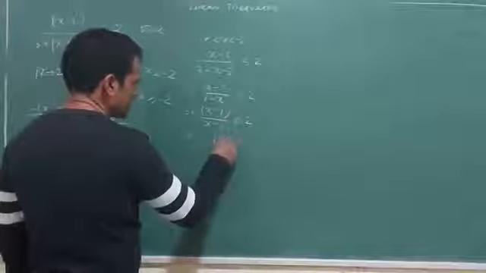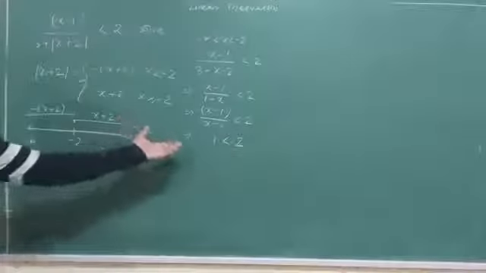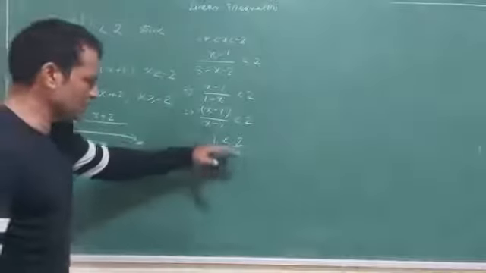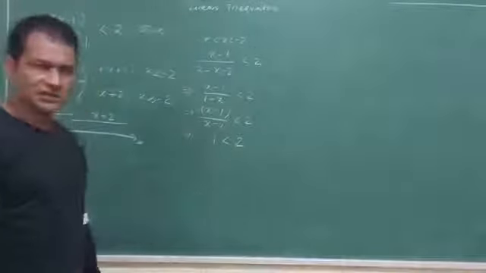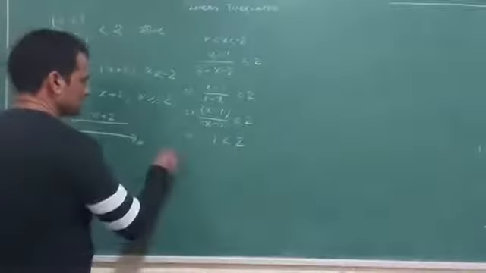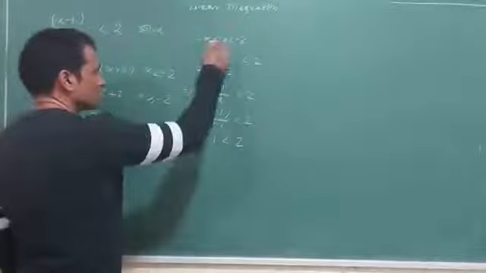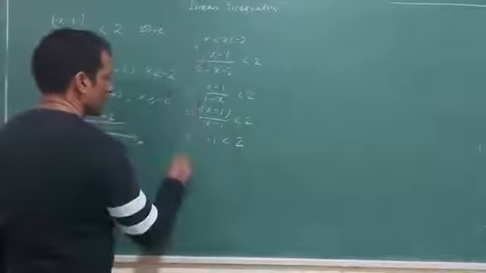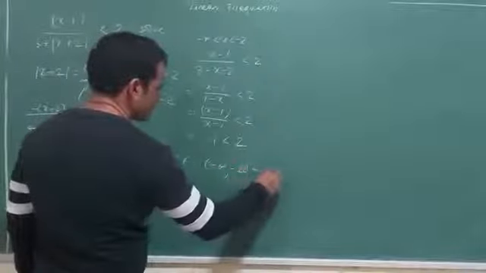So we got it. Then we have to solve it. 2 is greater than minus 1, it is correct. This inequality is correct. That means this will be my solution, whatever is there. Suppose minus 1 would have been greater than 2, this is false, so no solution. But this will be my solution. So x belongs to minus infinity to minus 2. Solution number 1.